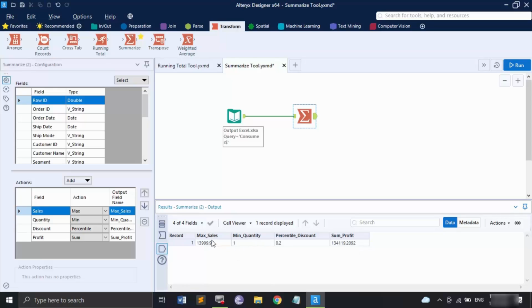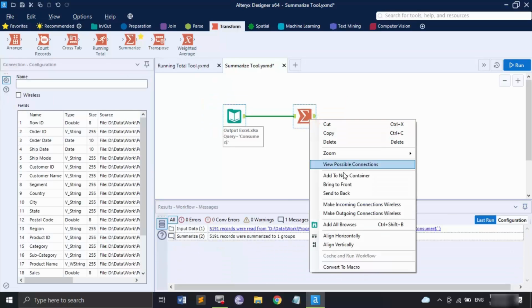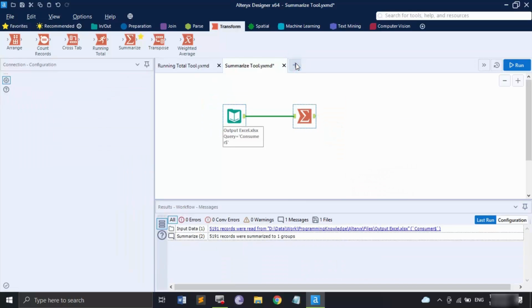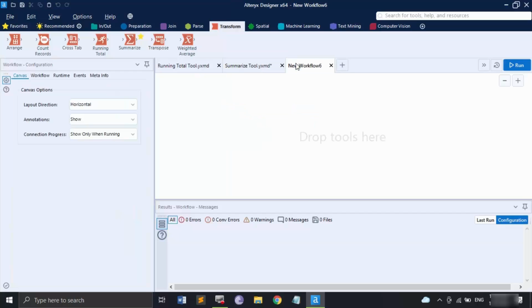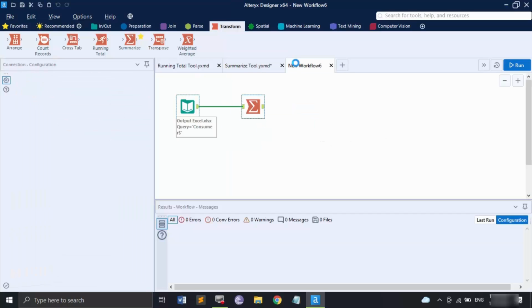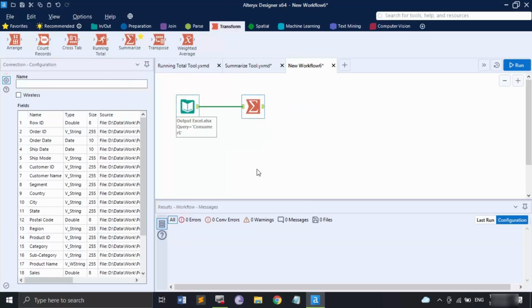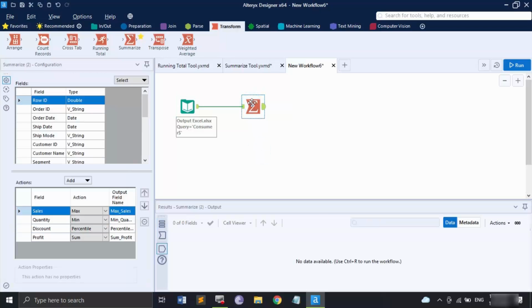Now the names of the columns have been named accordingly, which means you can understand what is going on in these, right? So this is for the numeric values. Let me just copy this, create a new workflow to show some of the functions for the string values as well. Okay, here I can just paste them, and for this tool I'm just going to make the changes by selecting